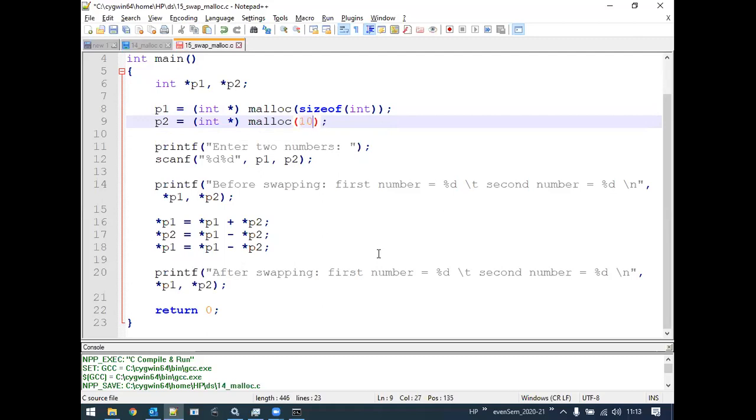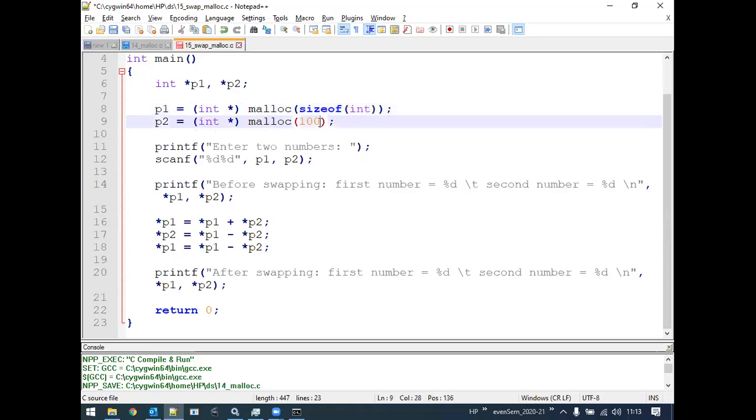I can even write 100 also. That is p2 equals int asterisk malloc 100. 100 means what is going to happen? 100 bytes of memory is going to be allocated. Okay. So the point to understand here is that the byte size which we give as the parameter need not always be the size of the respective data types, like size of int, size of char, size of float, or size of double.